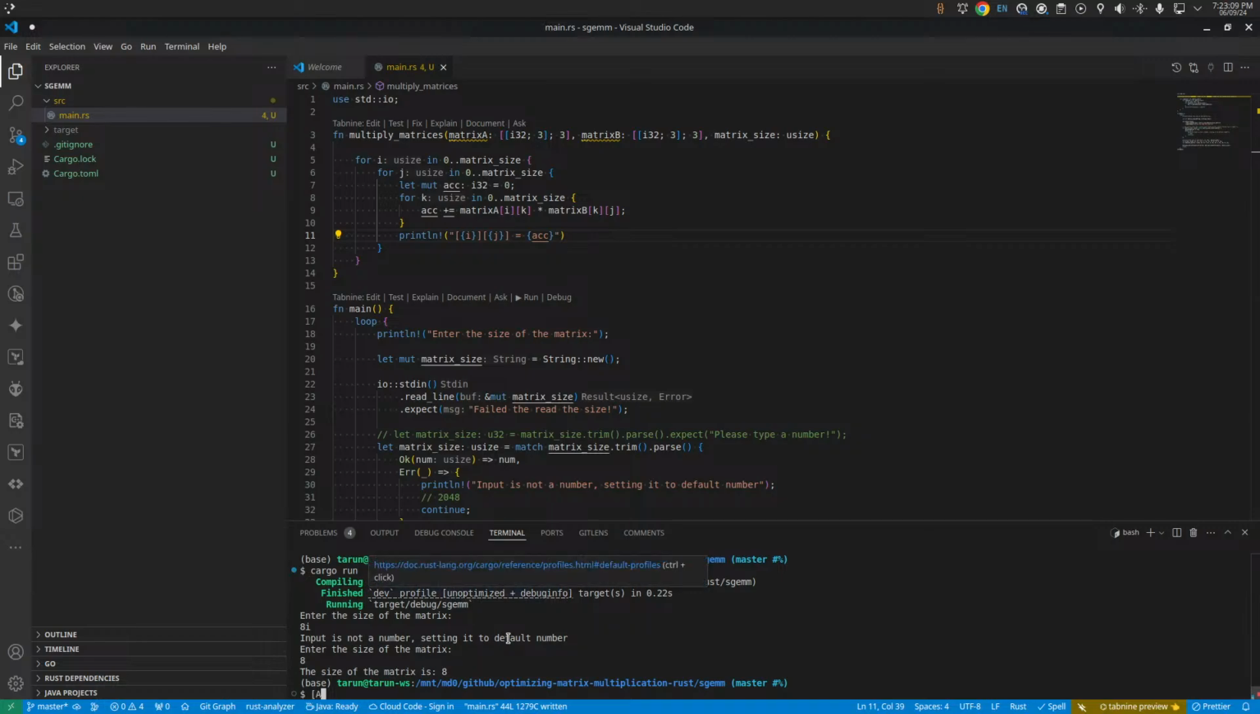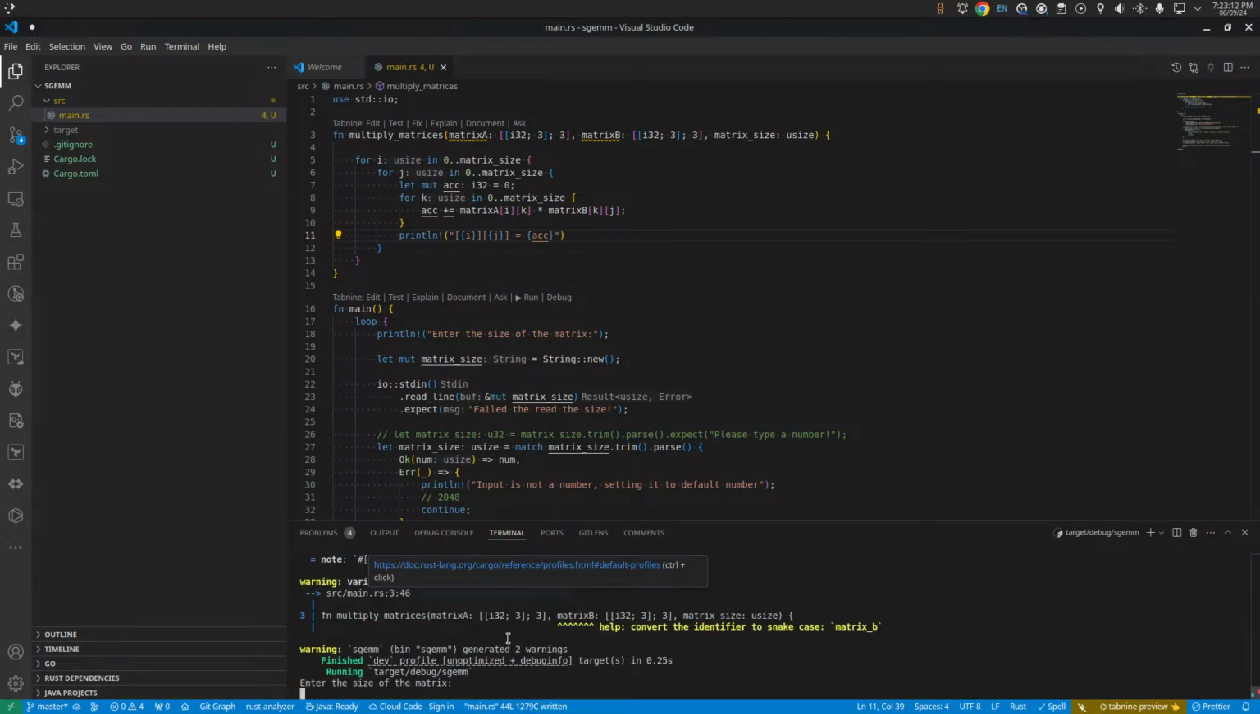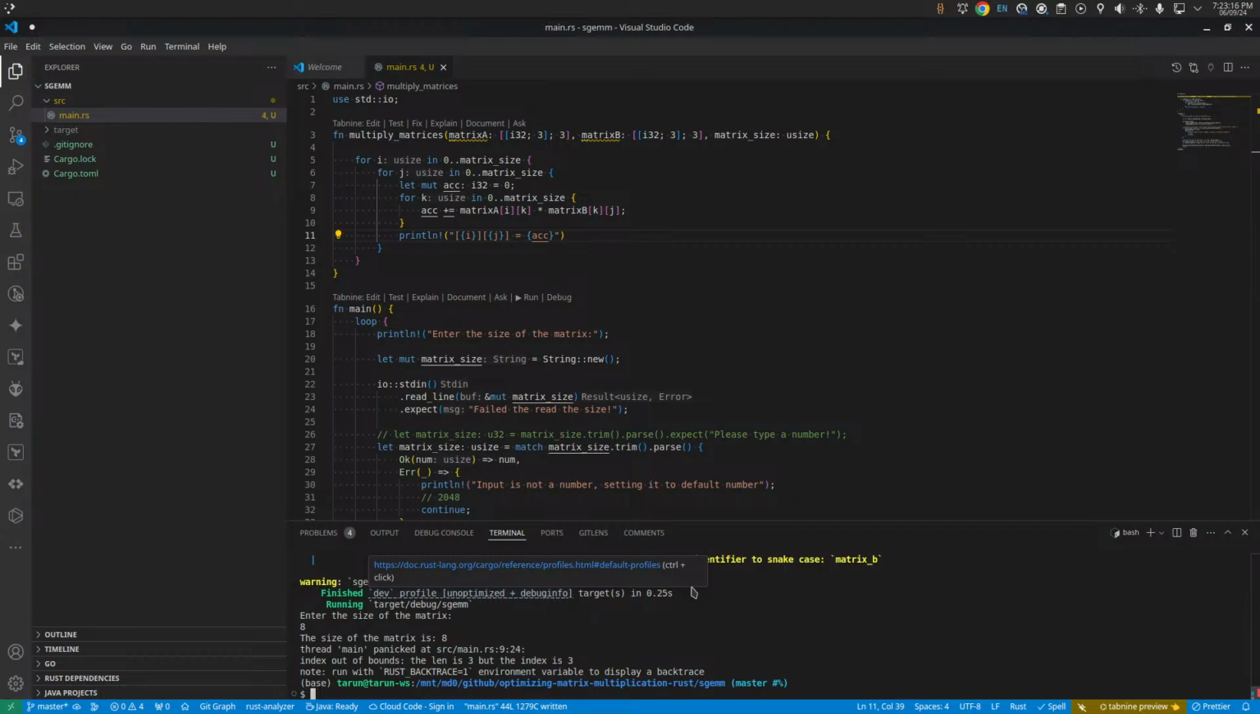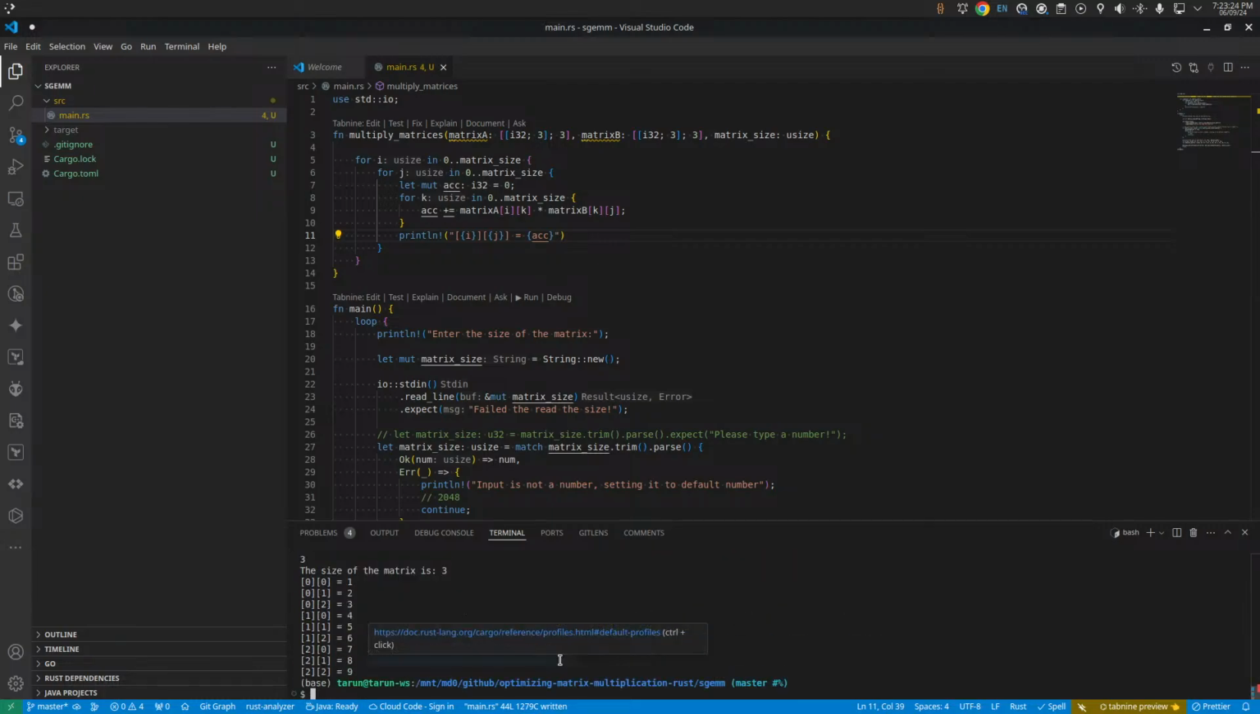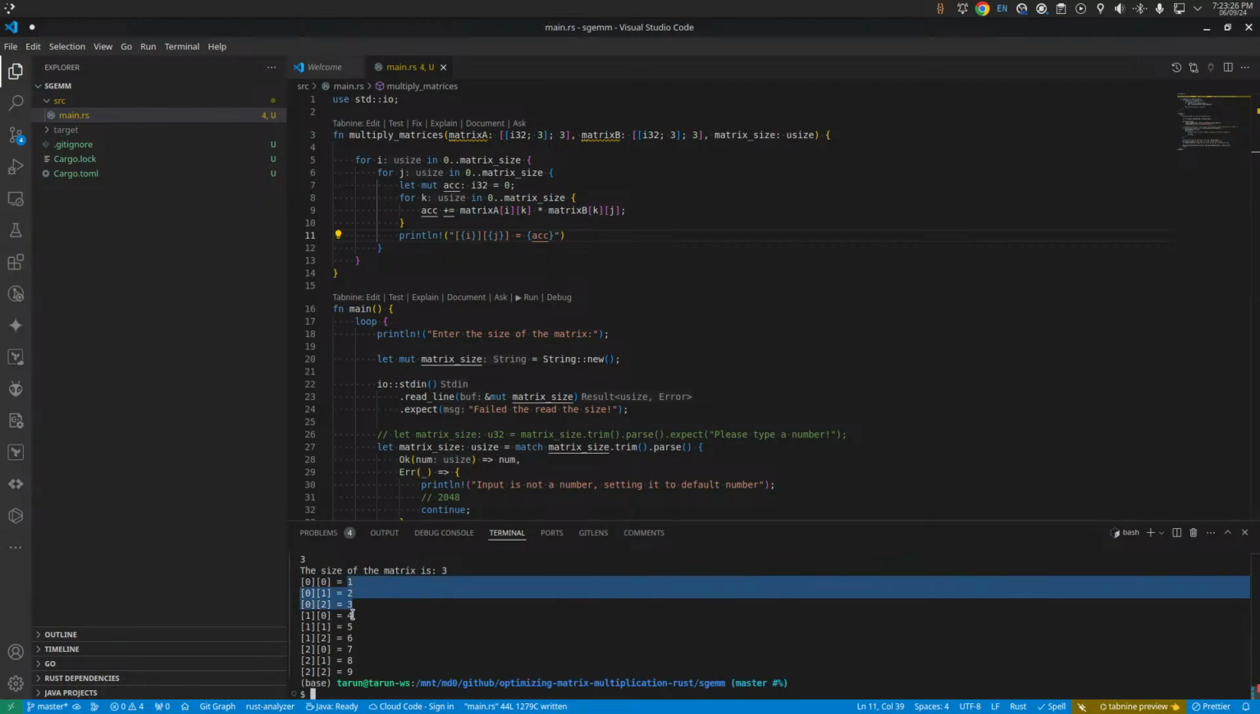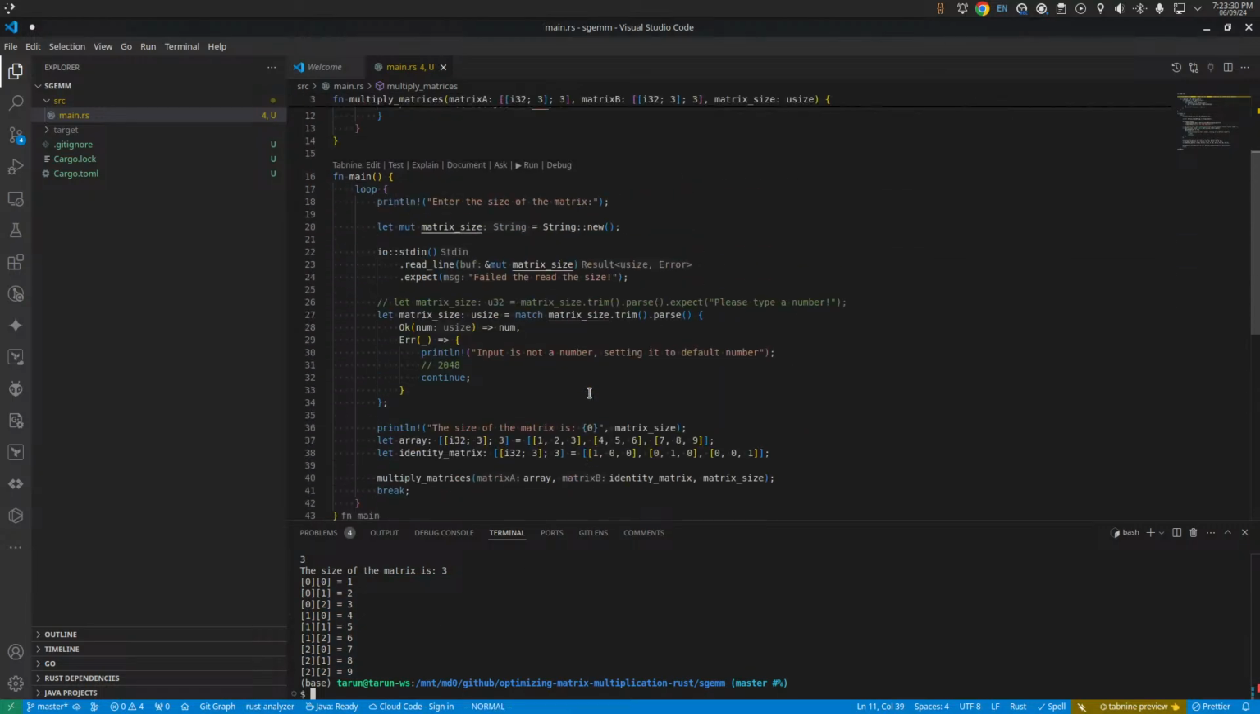And we run. Something panicked. Index out of bounds, the len is 3, but the index is... yes, you're absolutely right. 0, 1, 2, 3, 4, 5, 6, 7, 8. Absolutely right. If I make a minor edit,